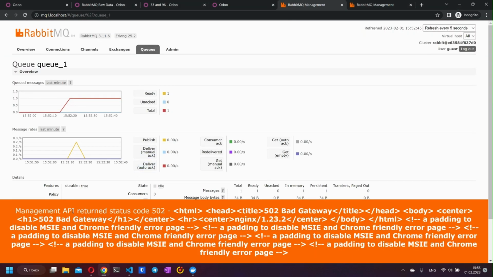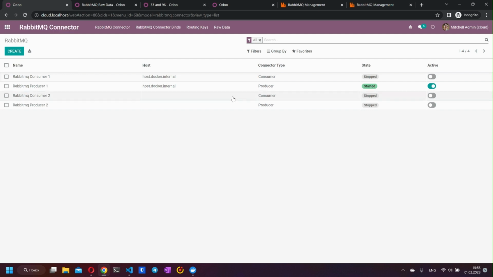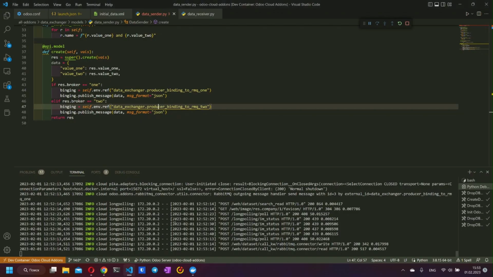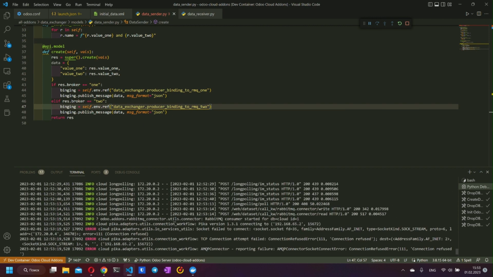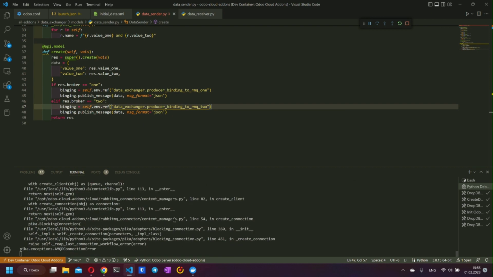Yeah, we see the returned status code. So yes, it's stopped. And let's try to activate the RabbitMQ consumer. So it's loading, and let's check what's going on in the Odoo logs. So as we can see, we get errors,